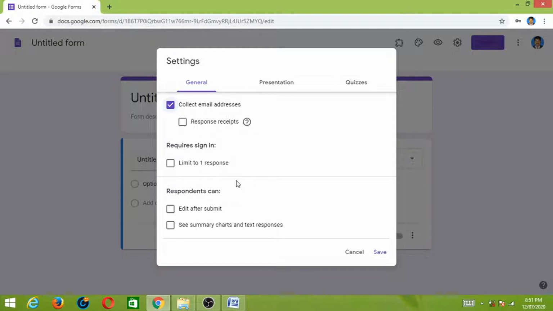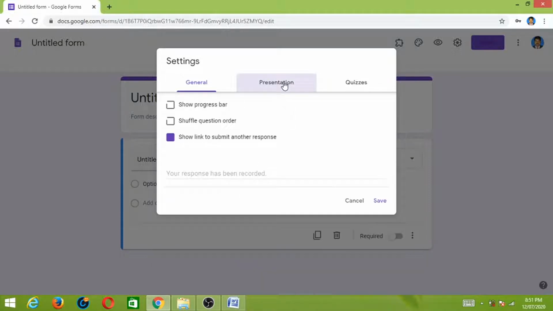Otherwise, you just leave it. For presentation, if you want to show the progress bar in your Google Form, you just select this option, and you can shuffle the questions for each user automatically using this option. Okay.